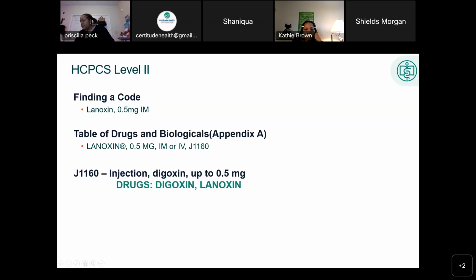So let's say if the patient was given 1 unit, look at me. If the patient was given 1 milligram of Lanoxin, we would need to report the code as such, and it would be J1160 times 2,